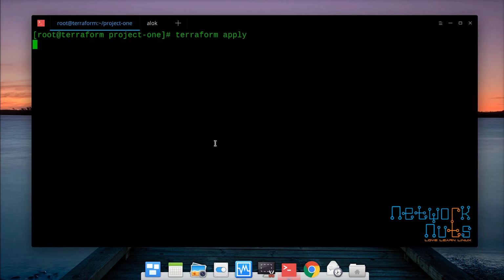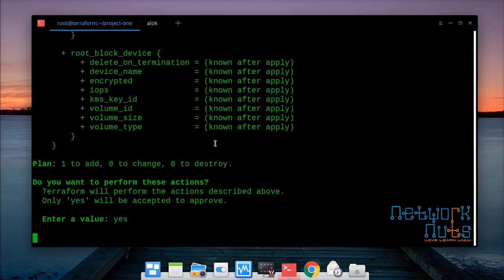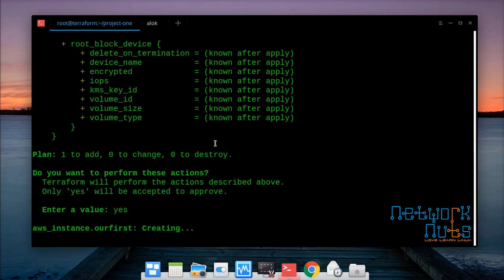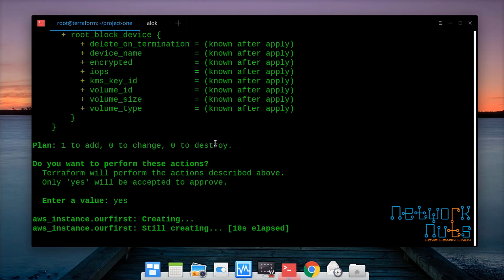Right, I do apply here. The only thing that I have to do is obviously yes. So we have learned how Terraform behaves and where the plugin goes. That's good. What next? But there is a problem. The problem is that if you are working on multiple projects, okay, let it create. So that's step number one.